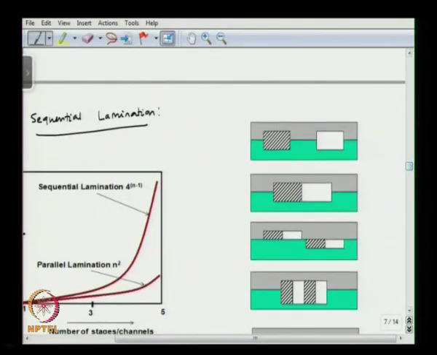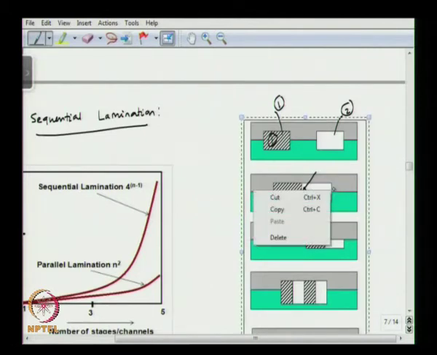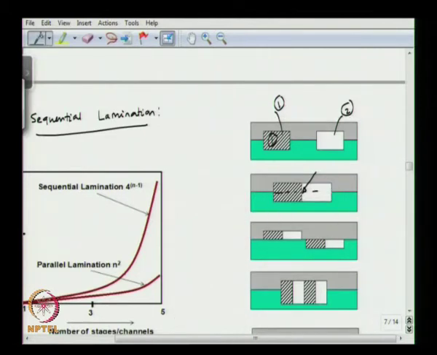So, this is fluid 1 and this is fluid 2, this is fluid 1, and so these two fluids are brought in contact here at this interface. Now, the mixing plane is divided across the middle plane there. So, it is divided across the middle plane, and then these two layers are taken to two different channels. Okay. So, they are divided across this plane and taken to two separate channels.